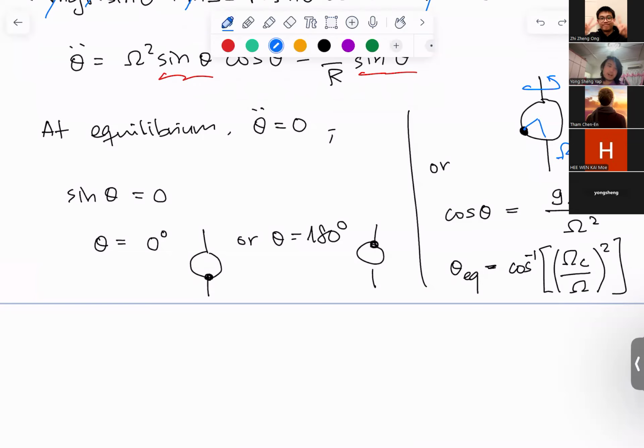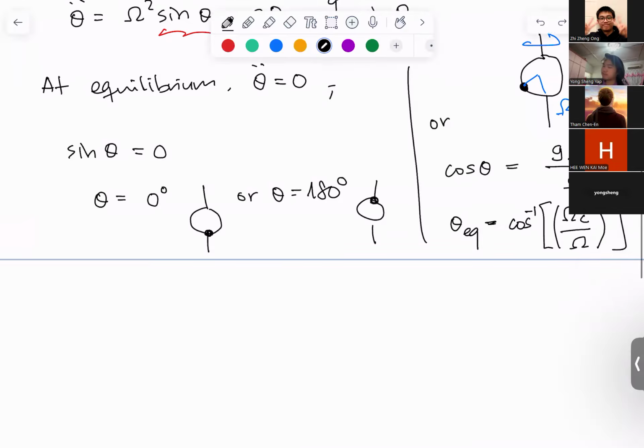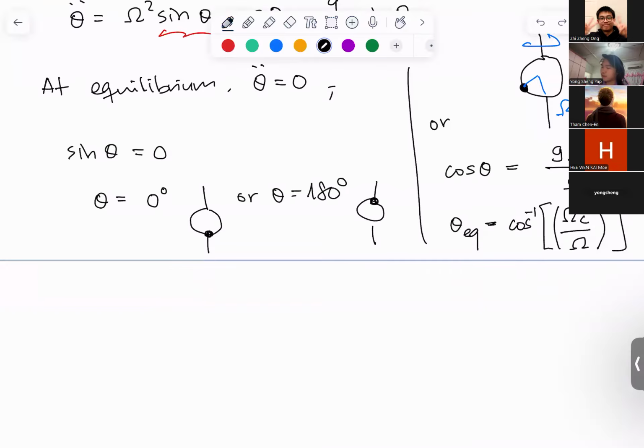So this only works if omega is large enough. All right. So these are the equilibrium things that you try to understand when you look at a system. But there's now a very interesting question. So, for example, what happens if we perturb the system a little bit? What I mean by perturb is that,